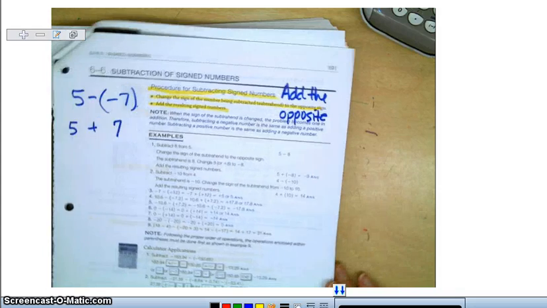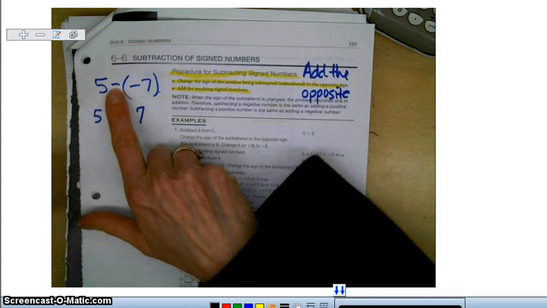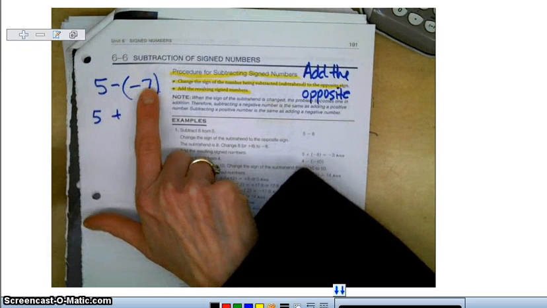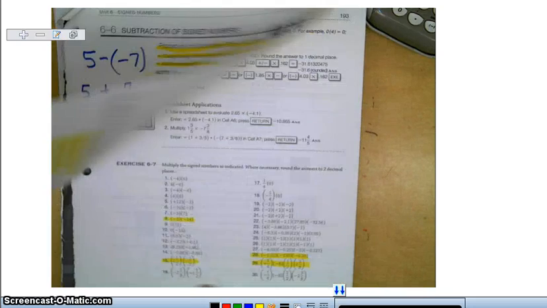Add the opposite. So that means you're taking the subtraction sign and changing it to addition, and the number after the subtraction sign becomes its opposite sign. So if it's negative, it becomes positive. If it's positive, it becomes negative. So if we just look at some examples,